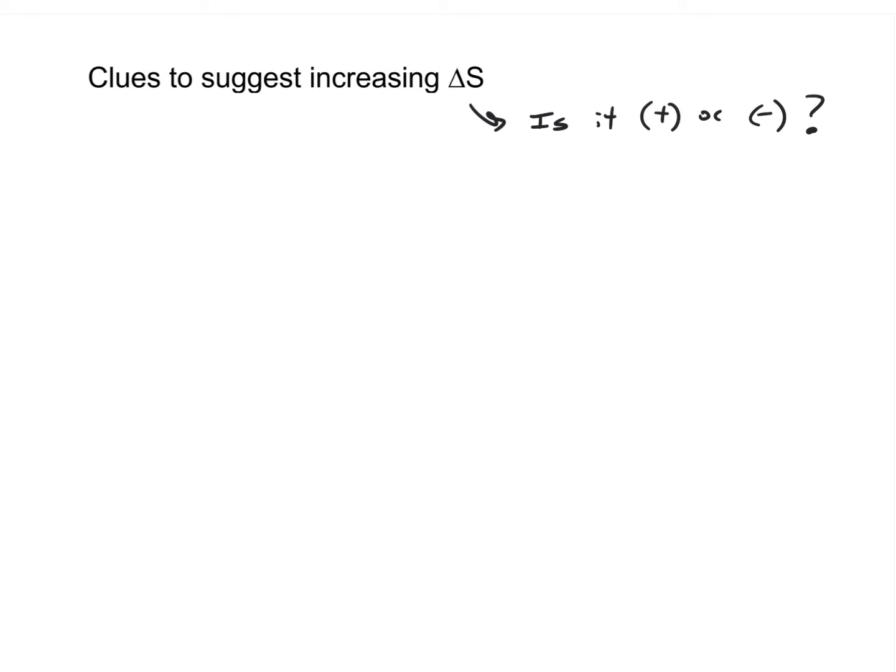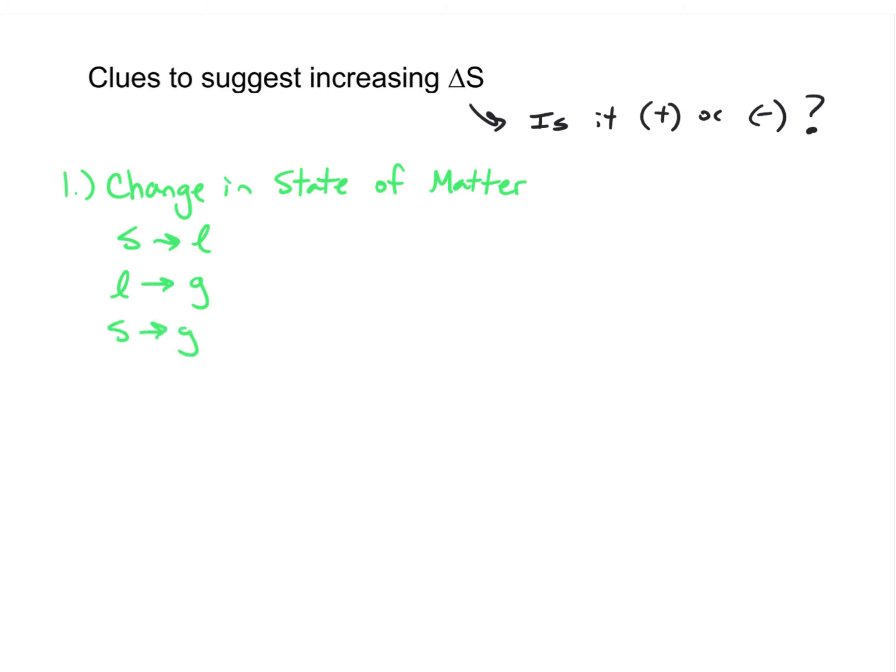And there are 3 situations that I want to talk about that would suggest an increasing delta S. The first is a change in state of matter. Changing to a more disordered state of matter is always a positive delta S. So solid is the most ordered. Going from solid to liquid, that's positive delta S. Or going from liquid to gas is positive delta S. Or even solid to gas, which is known as sublimation. These all would be considered clues